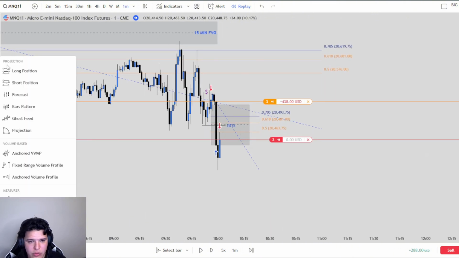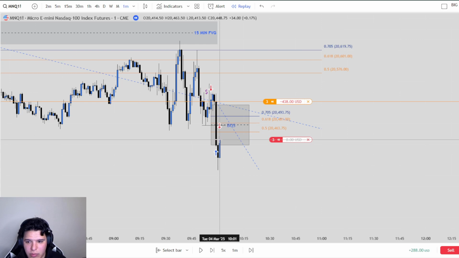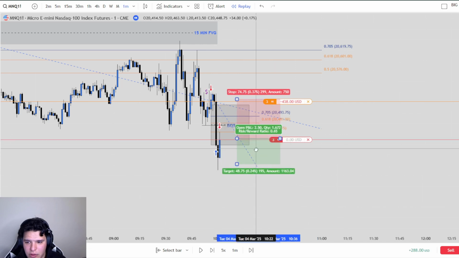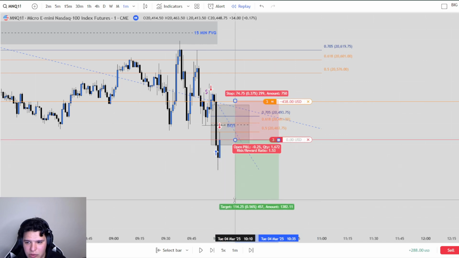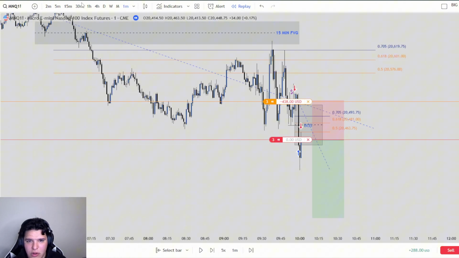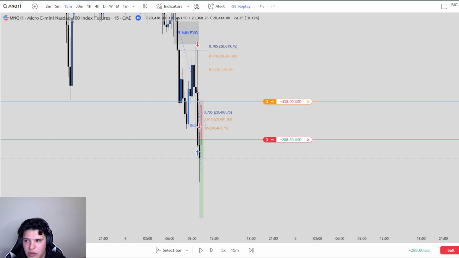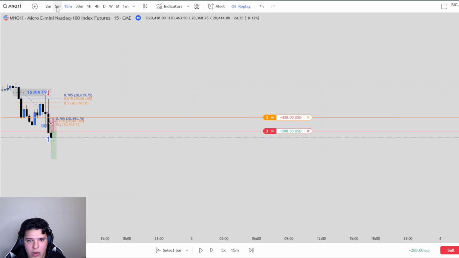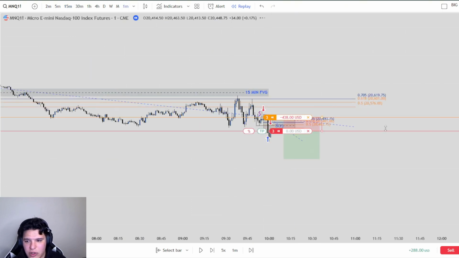We know that. But I just want to see, do we continue dumping for the rest of the day here? There's a big stop, lower size. Once again, try to target at 1 to 2, and you could simply move stops to break even. Do we have any other higher time frame objectives here? On the 15, do we have any other? Doesn't seem like. So ultimately what I would do here is off that trade is